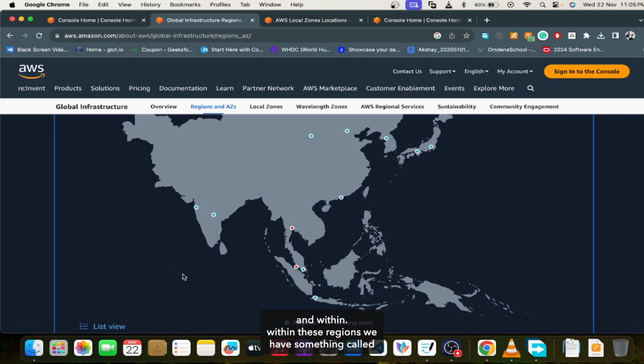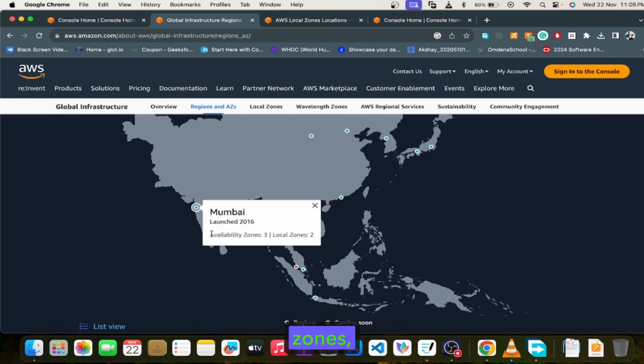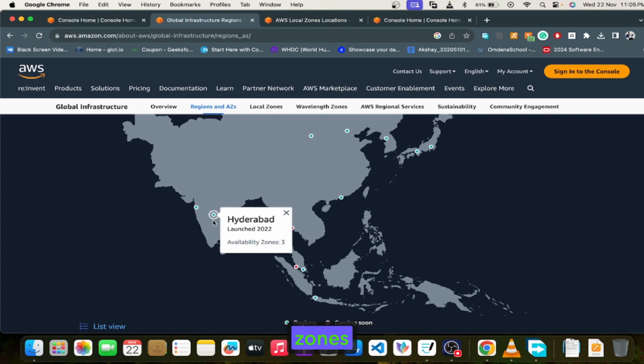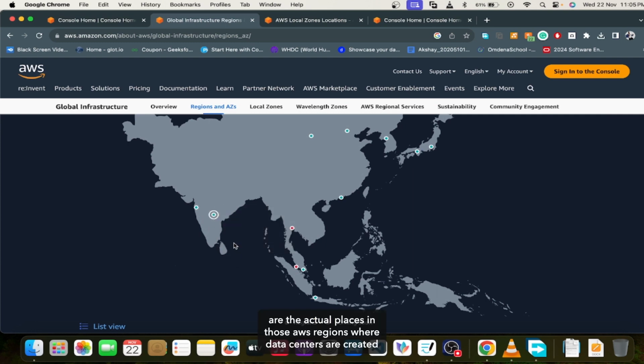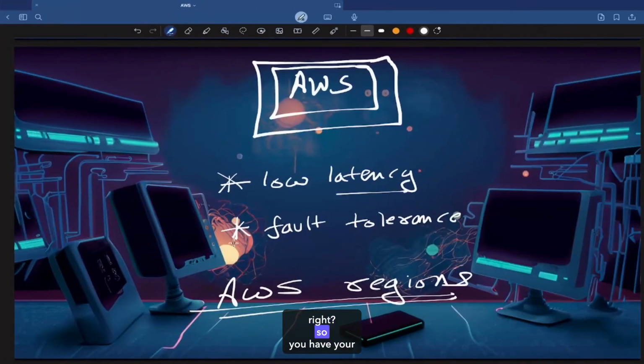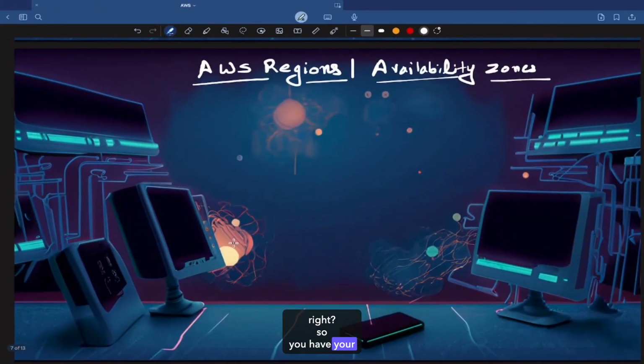And within these regions we have something called availability zones. So what are these availability zones? Availability zones are the actual places in those AWS regions where your data centers are created, right? So you have your